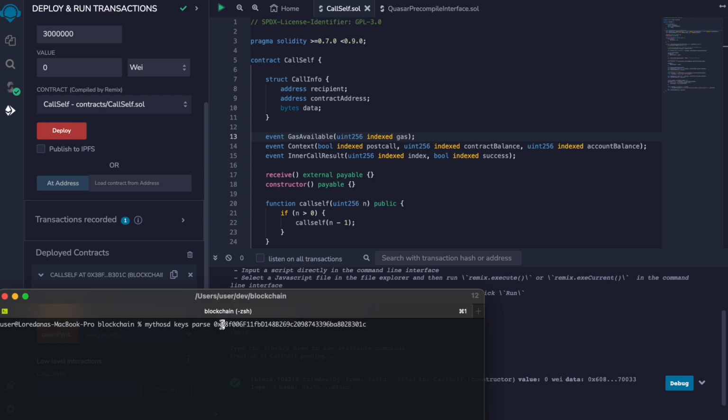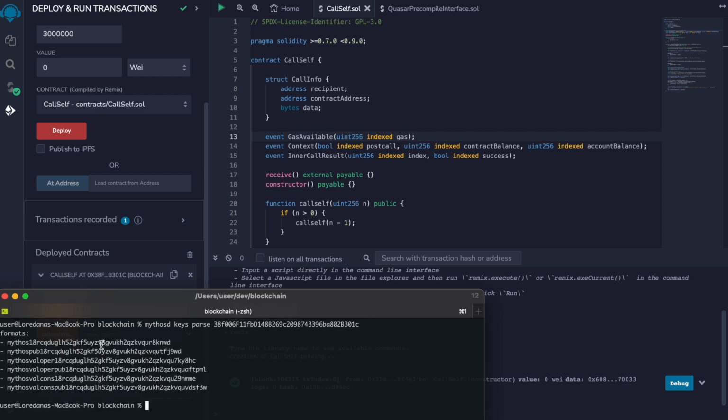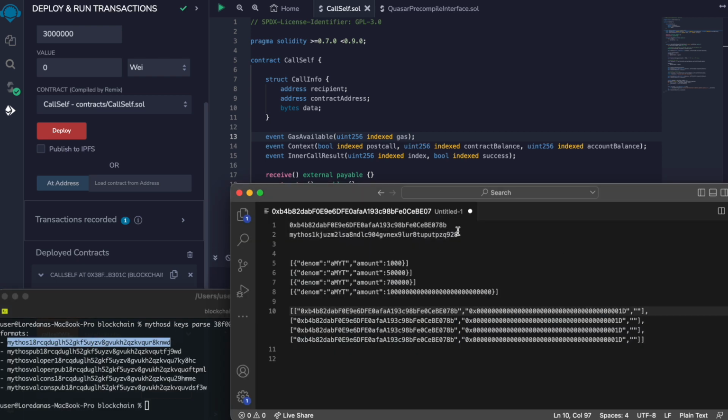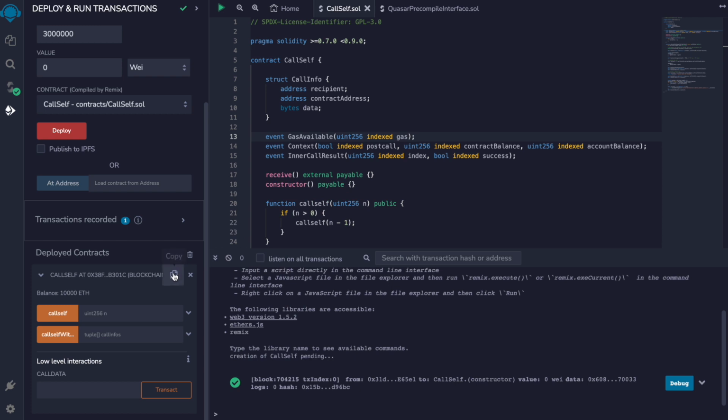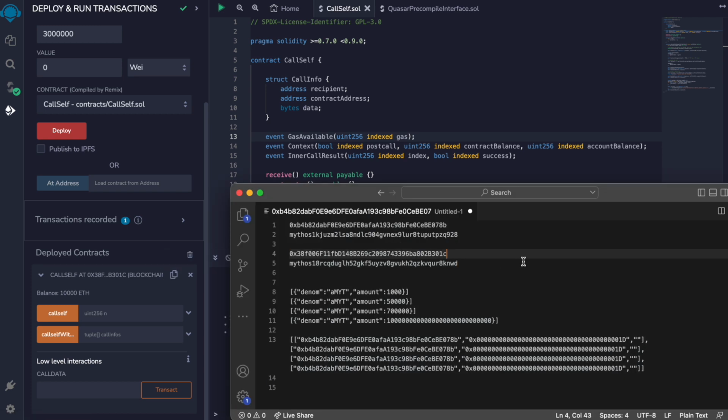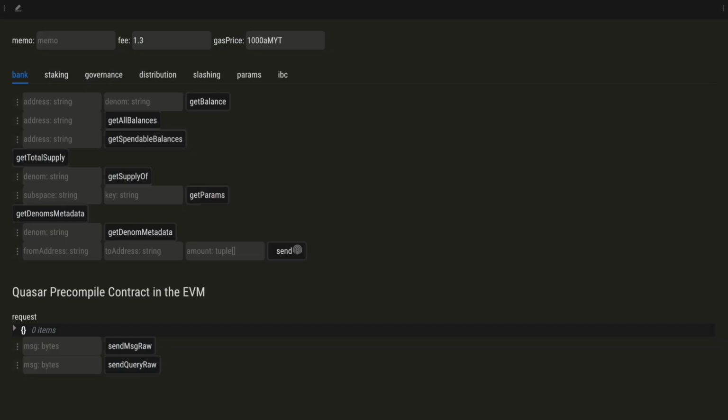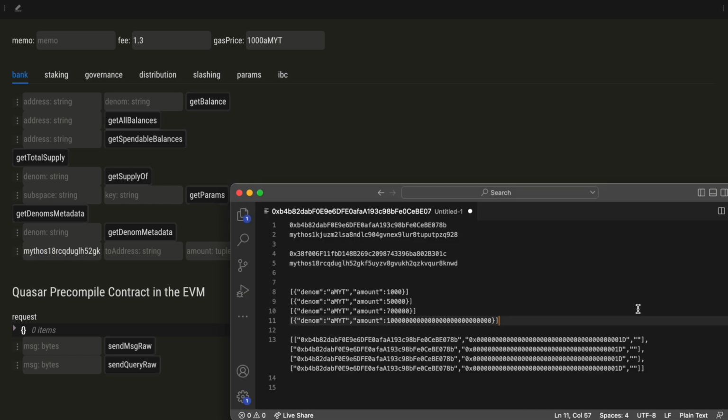We will get the bech32 encoding of the address. So this is the contract that we've just deployed. And we need to create these message send Cosmos messages. And I have here a dApp in Mark's factory that will help me do just that. So we'll create the message send encoding from address. This is our contract address. The recipient is this address.